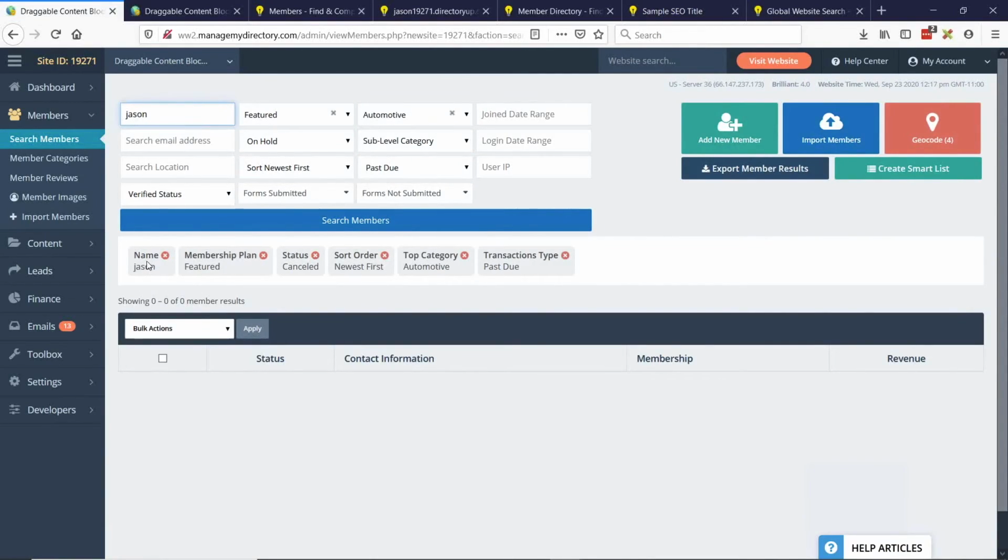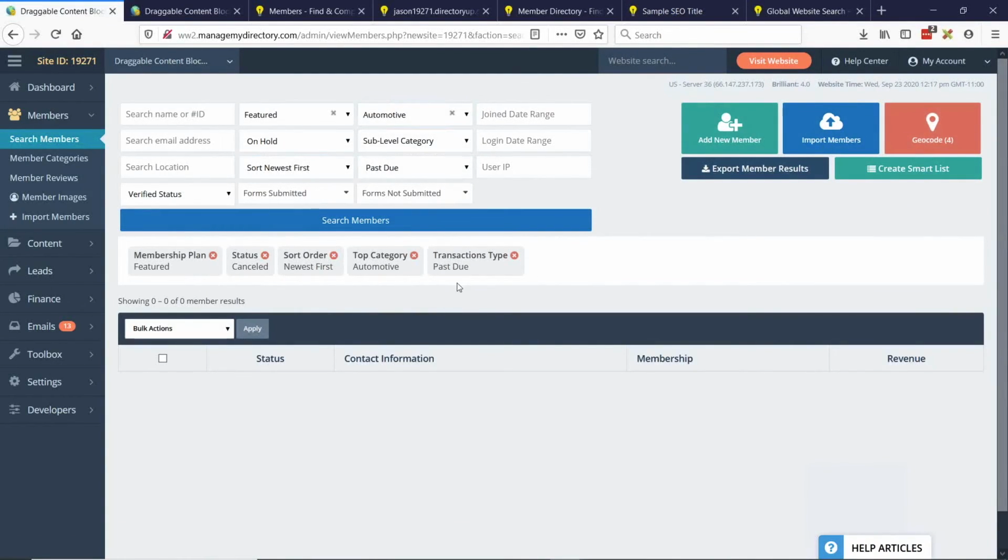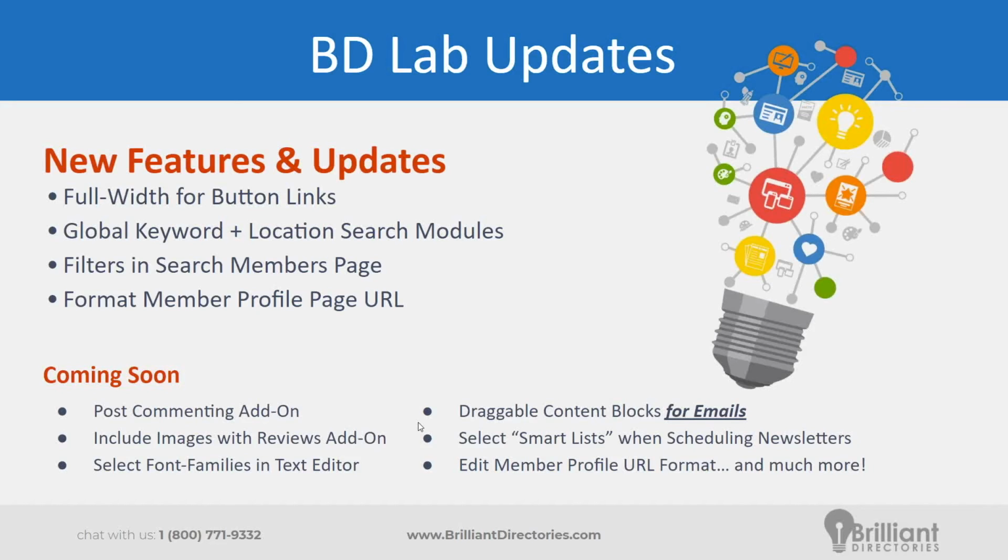And if you hover over this, we can see at the top there, my name is blue up here. So when you hover it, it kind of lets you know what the corresponding search filter field is for that. And then if you'd like to add or remove, you can certainly X this and then do another search. But just a quality of life thing here, just to give you a little bit more context as to what your current search has been for your search members.